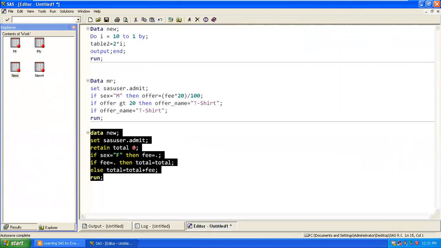Within 1.5 years, I reached the target where I wanted to be. Day by day I interact with people who are working on SAS. There is one team in my company that will not use any other language apart from SAS. They comfortably work on SAS.